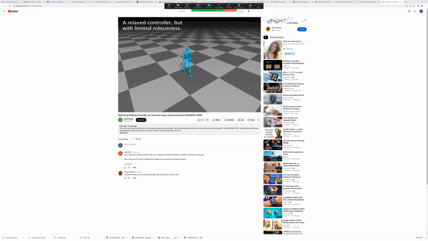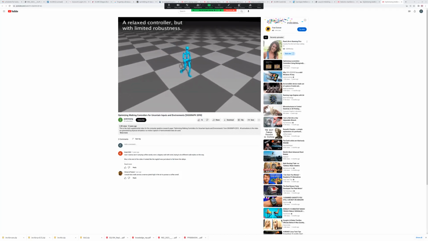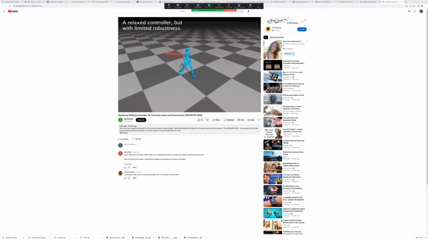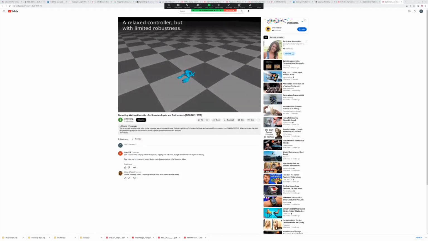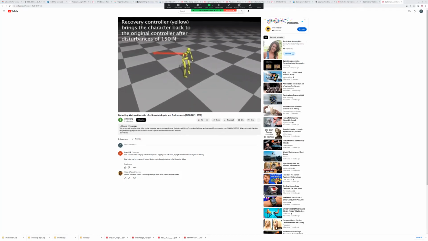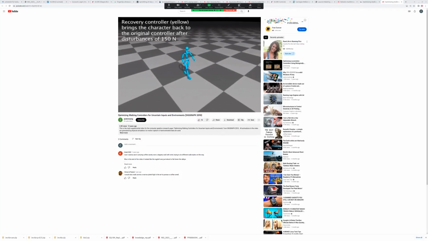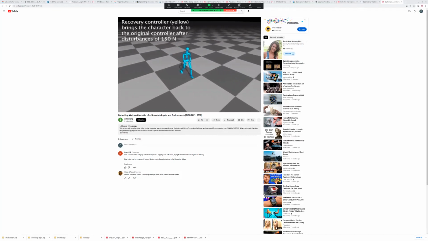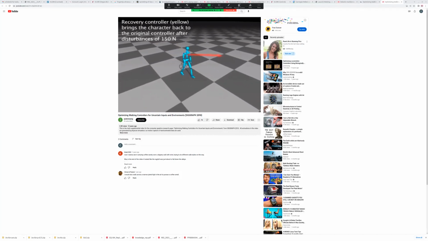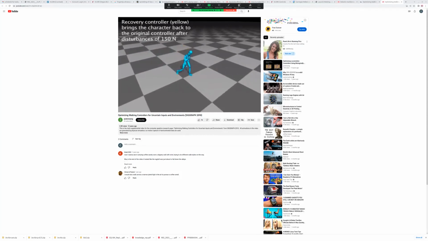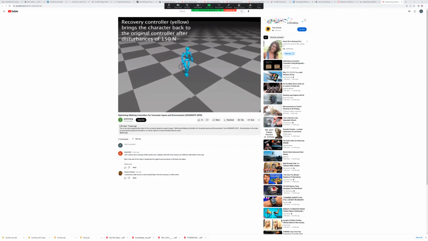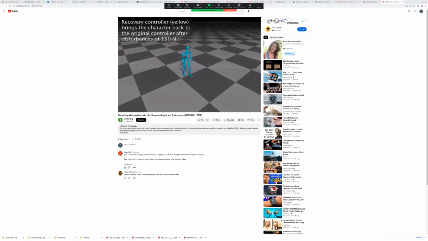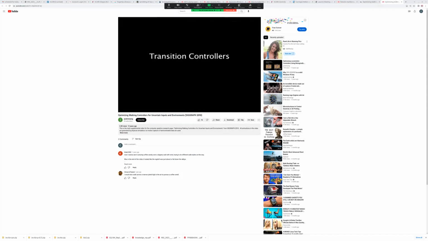So this is a different approach to handling being pushed around. It involves switching controllers so that you can use the optimal controller for the unperturbed situation. But if you suddenly get pushed around, you then start running a controller that's designed for pushes. And I would argue this is very clearly what people do when they're getting tripped.